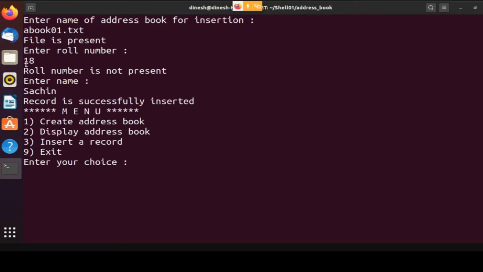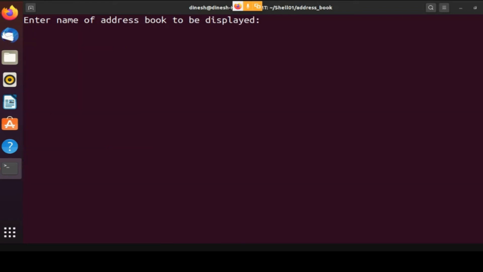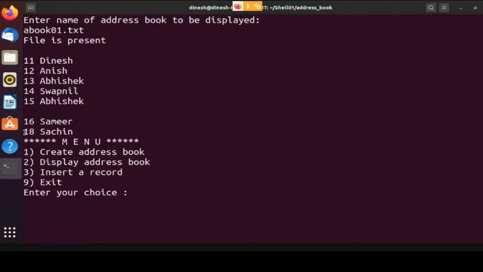Record is successfully inserted, but I don't know whether it is, so let us verify it. This choice is display, name of the file, and now look at this. This 18 is added. Interesting.